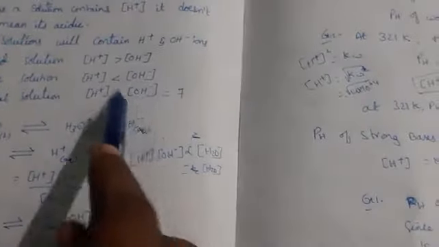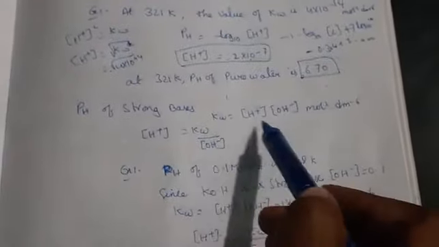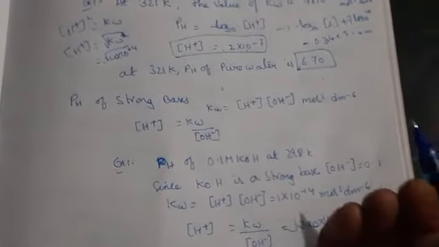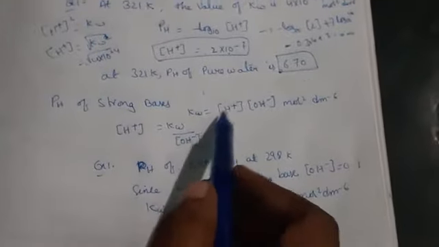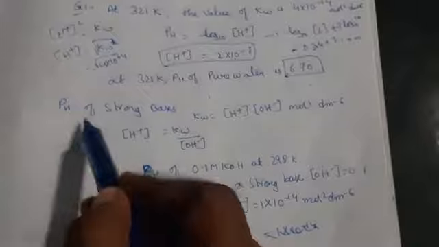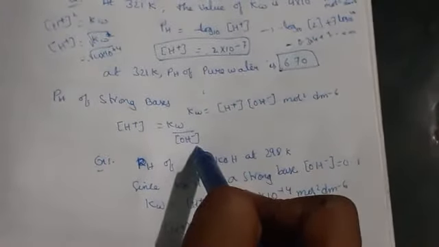The OH- value will be more compared to H+, which means the H+ ion should decrease. So let us take Kw equals H+ times OH-, in mol squared per liter squared, or dm^-6. Now I have to find the H+ value. pH means concentration of hydrogen only, no? So H+ equals Kw by OH-.